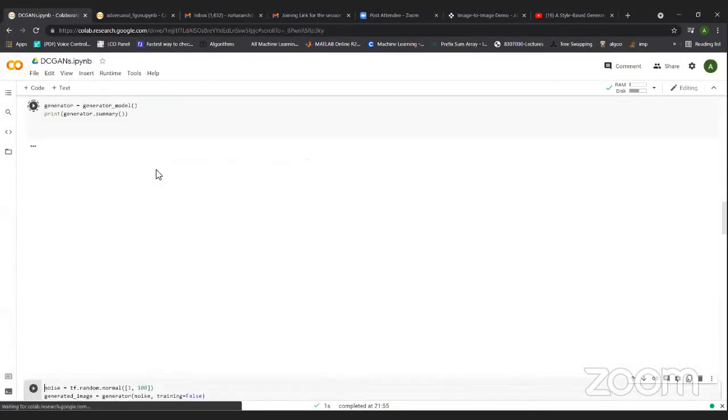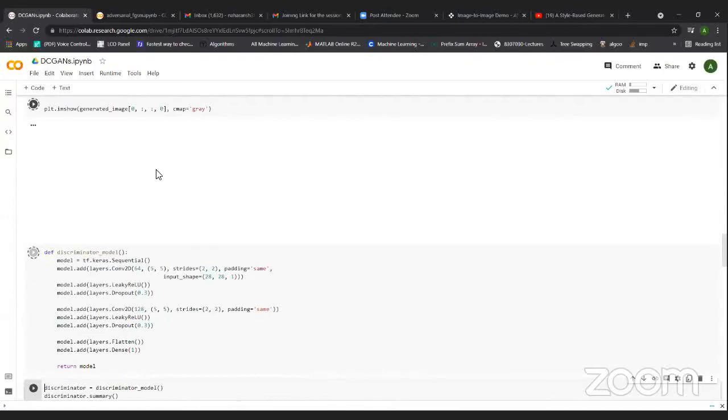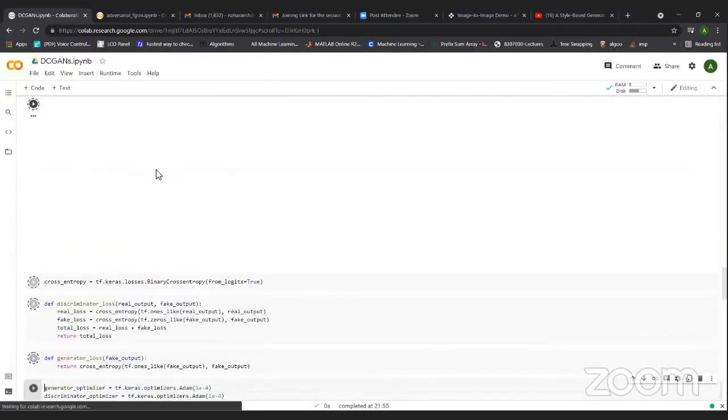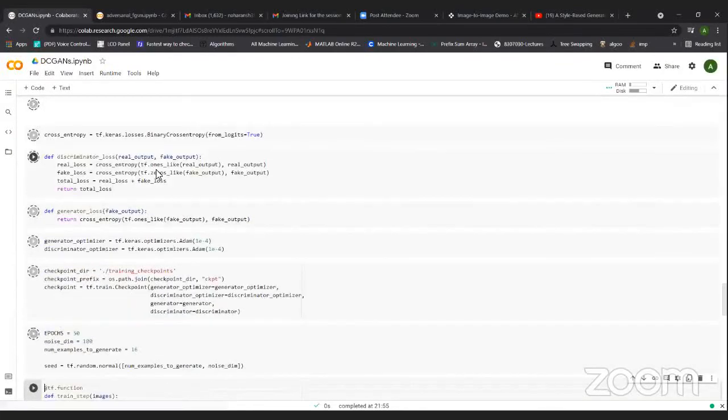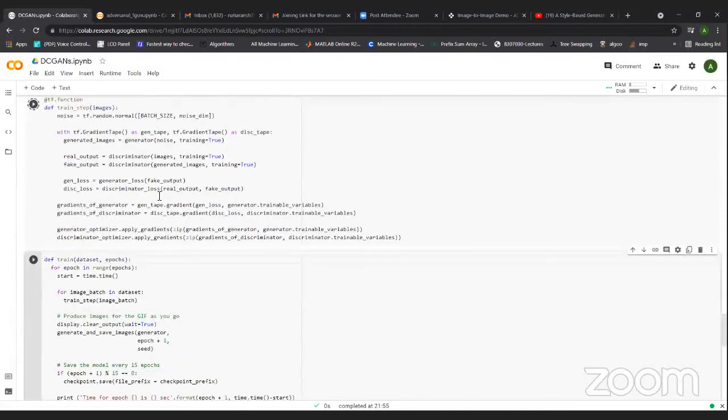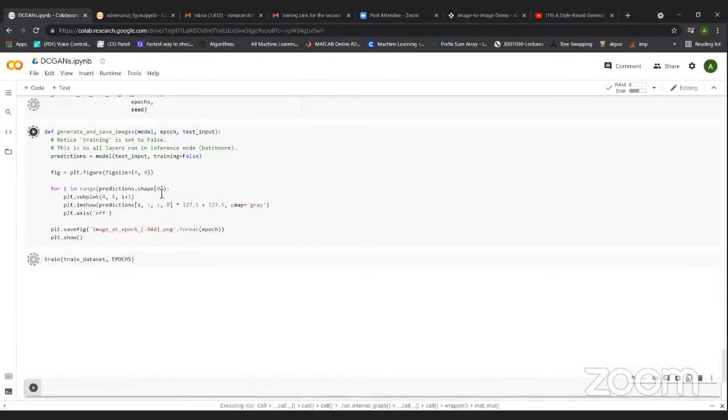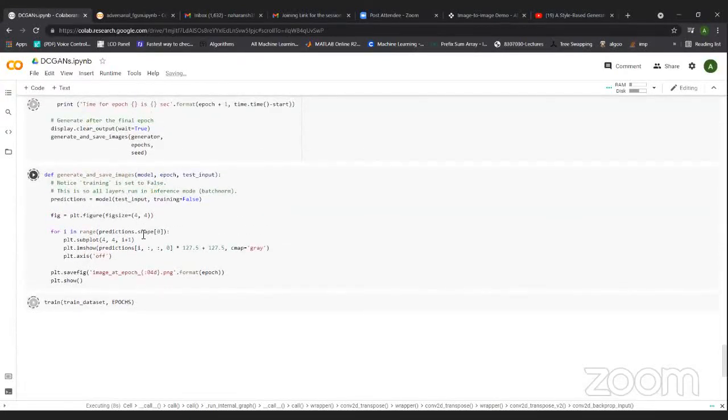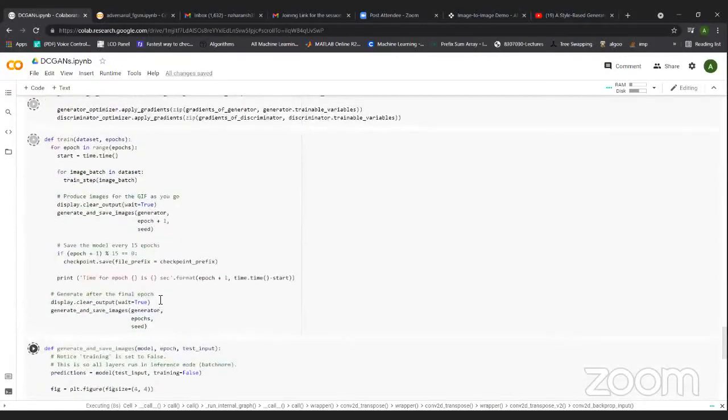You will see how the generator will generate the images. We will call all the functions. So these are 15 epochs. It will take just 5 minutes, and it will converge in 15 epochs. If you train it for a larger number of epochs, let's say 100 or 150, then you can get better results also.